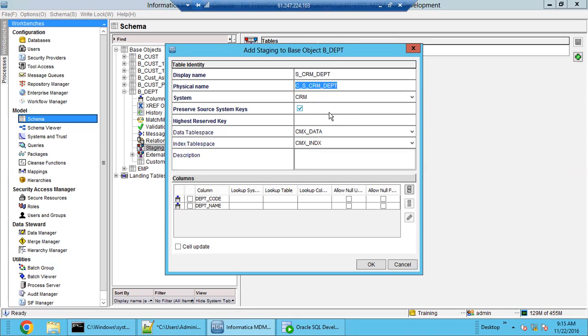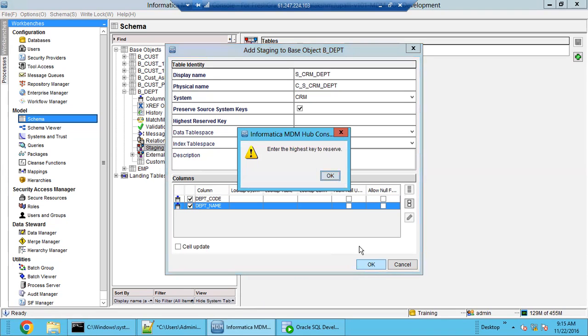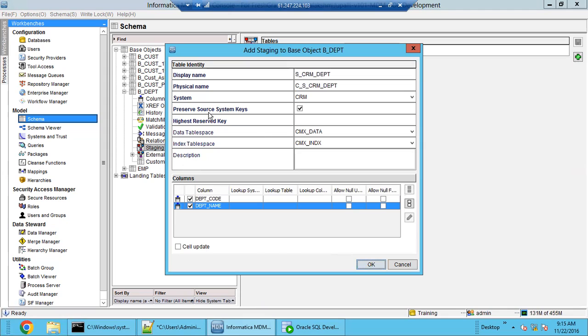I have enabled the preserve source system key, and I'm taking all the columns as usual. Once we enable this preserve source system key, it will ask you to give some highest reserve key. So suppose you are populating some kind of numeric number in this,